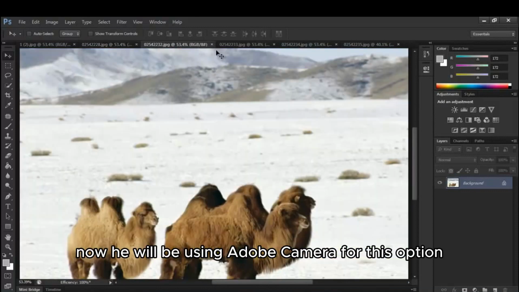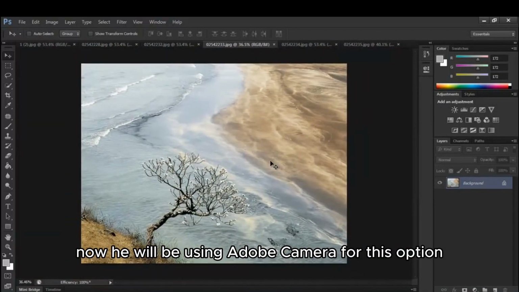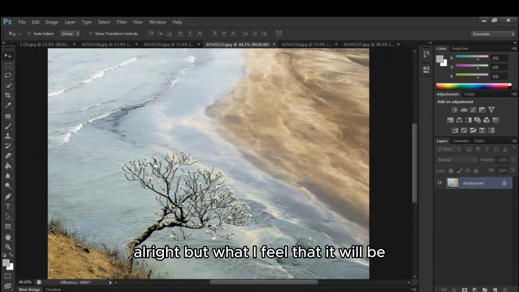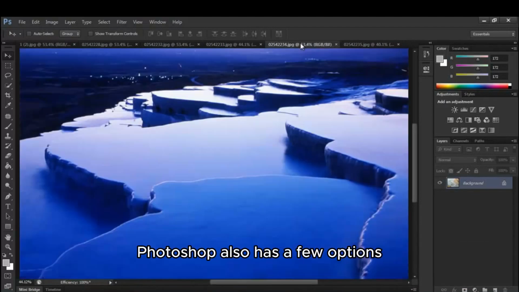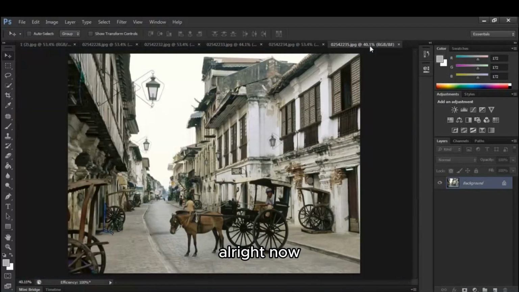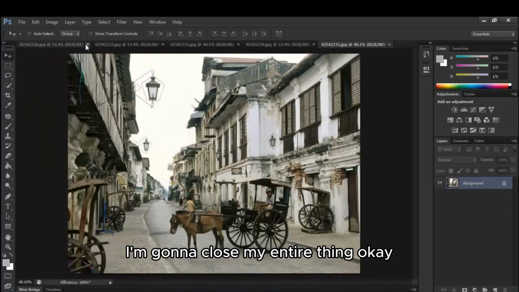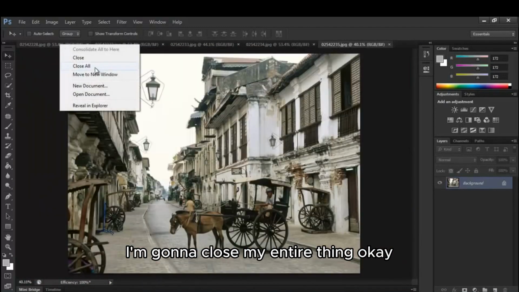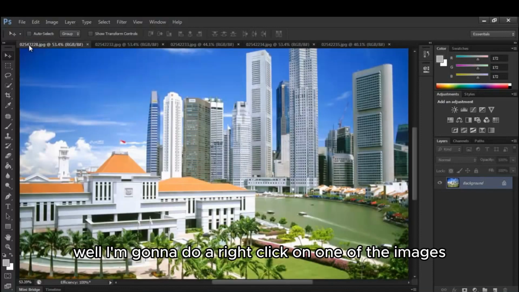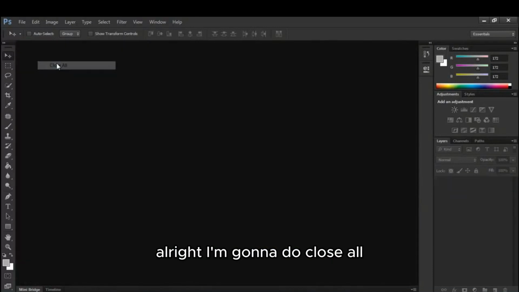Now he may be using Adobe Camera Raw for this option, but I feel that Adobe Photoshop also has a few options that can get the work done. For that reason, people, I'm going to close my entire thing. I'm going to right-click on one of the images and choose close all,